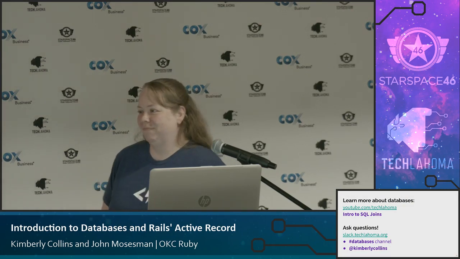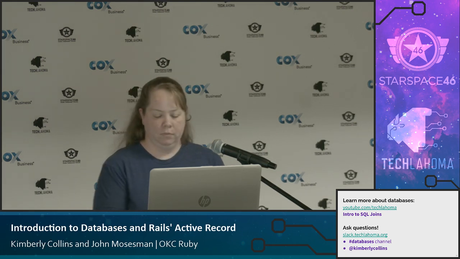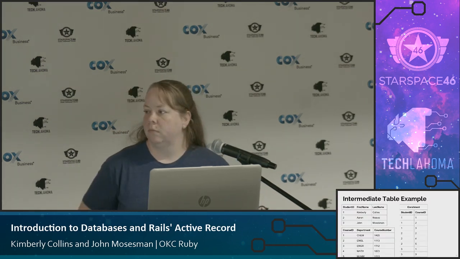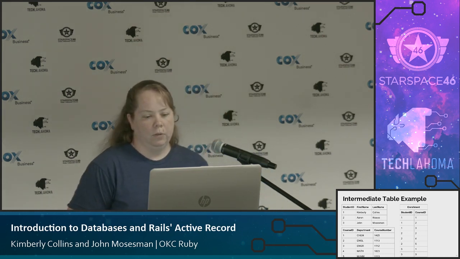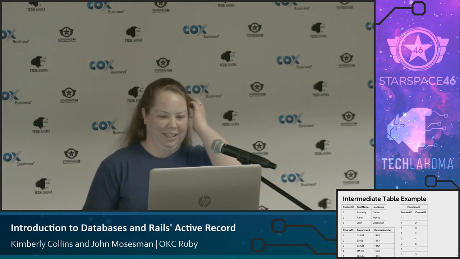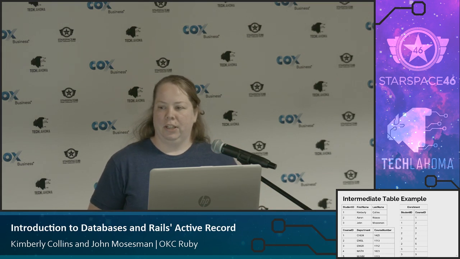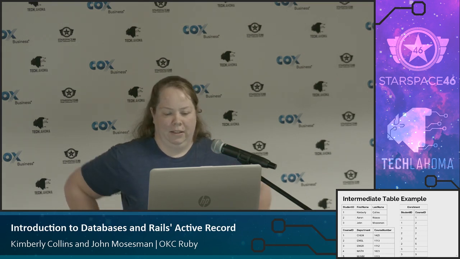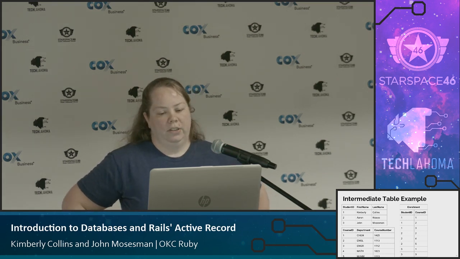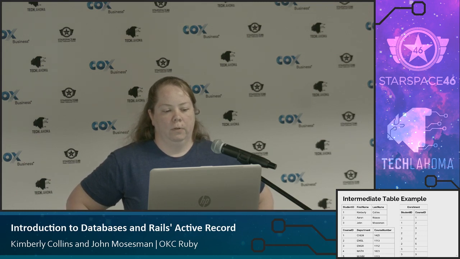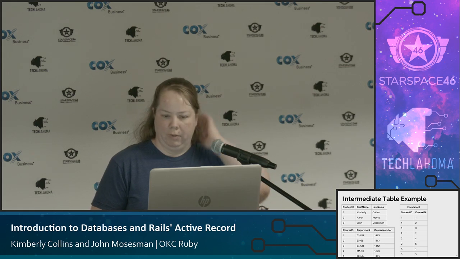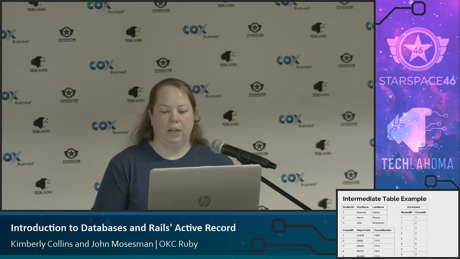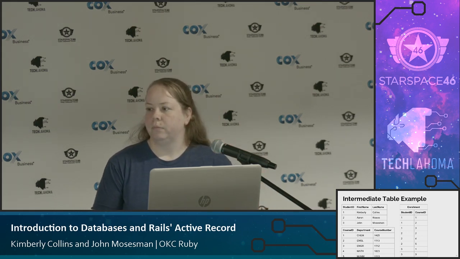Do you have a question? Yeah, so that intermediate table that you showed, is that basically serving as a mapping? Yes, you could definitely think of this as a mapping. Enrollment is a map. This table shows the mapping of which students are in which courses, and vice versa. If I have a course, which students are in it. So yeah, you can definitely think of it as a mapping table.